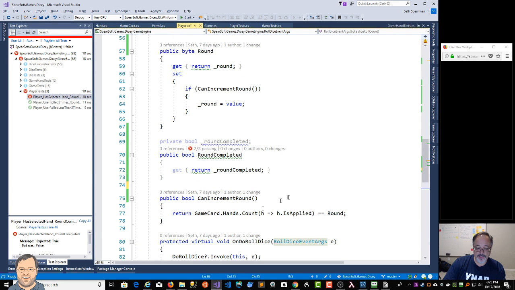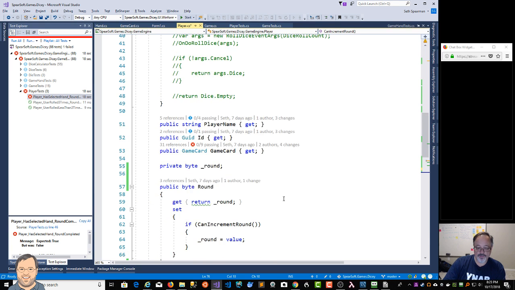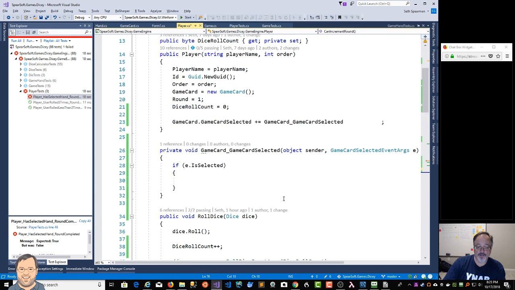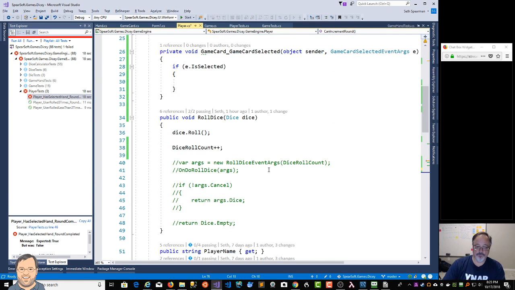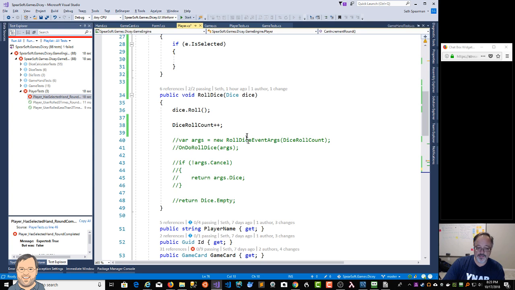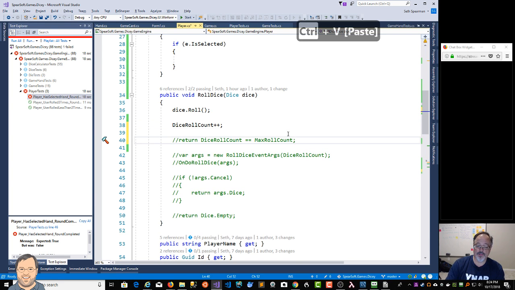Okay, can increment round. I see I'd already started to kind of do this stuff before, but anyway. Roll dice, and in this case, if